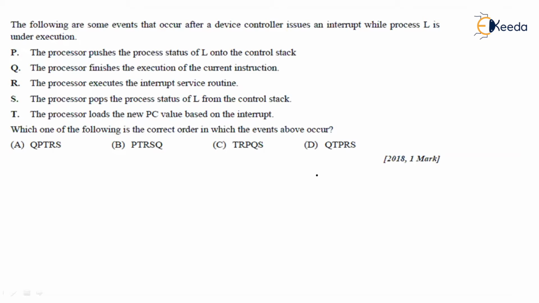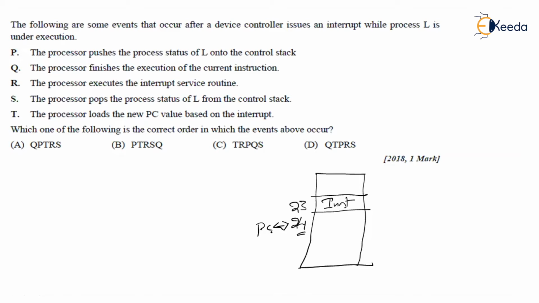Just have a look at this. Let us see, we are executing the 23rd instruction, and the current instruction is being executed. The program counter value is equal to 24, which is the next instruction that is going to be executed as the subsequent instruction, unless there is an interrupt. Now there comes an interrupt. According to the question, when the current instruction is being executed, there comes an interrupt. What will be the first job? What will be the first operation that is needed to be performed by the CPU?